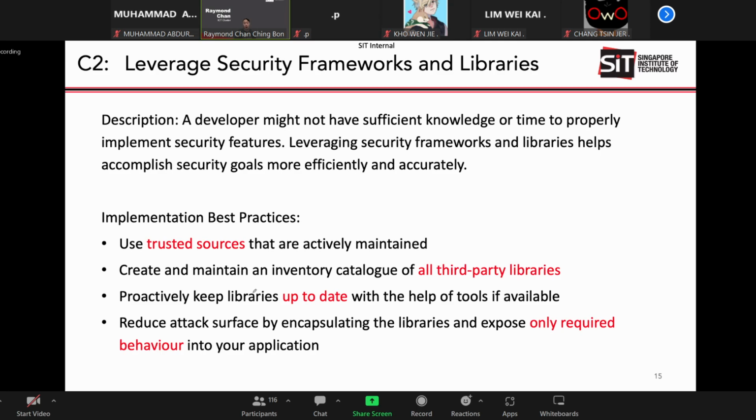So as I mentioned, what I want to talk about in this lecture is more on the security frameworks and libraries, because many of your teams are trying to make use of security frameworks and libraries for implementing your applications. So I just want to go for a very quick high-level description of how you can leverage